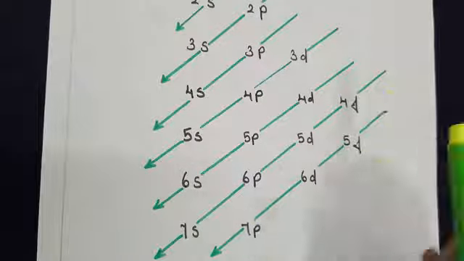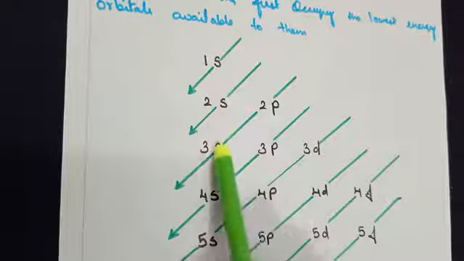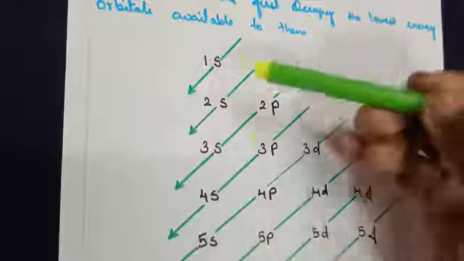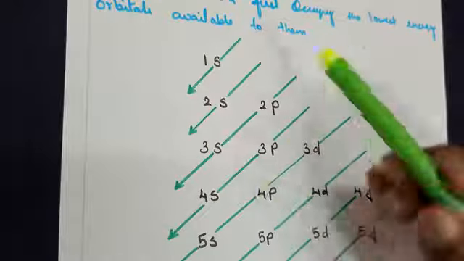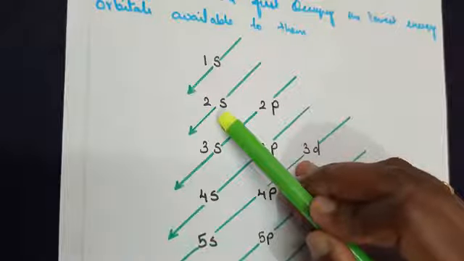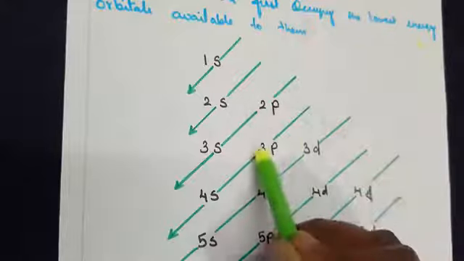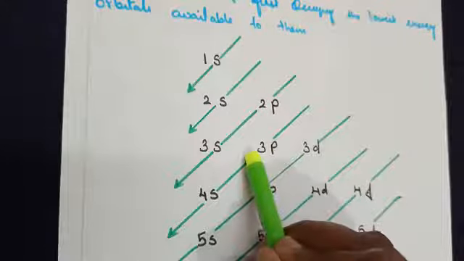In this manner the rule will be followed. You needn't memorize this by heart, provided you are able to write it following the azimuthal rule. The order of writing is clear. Always follow this arrow diagram. In the beginning it might be a little difficult for you, but once you take enough practice, writing the electronic configurations will be easier.